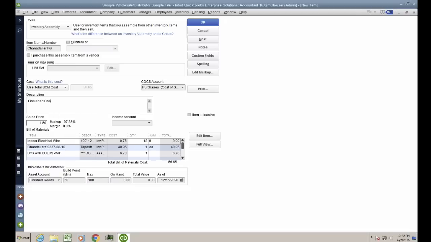So here I can put finished chandelier with all components. Whoops. Okay, and then the income account, I'll pick my income account, and then going back into that feature that's only